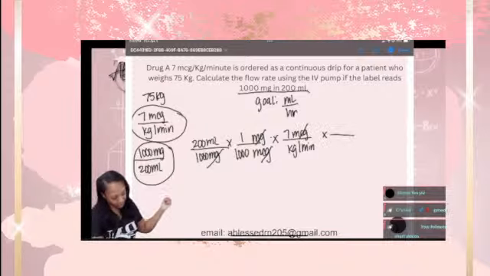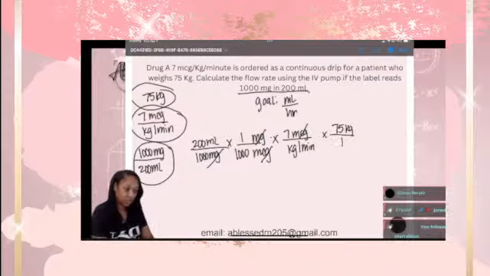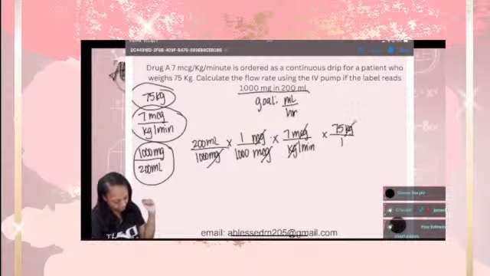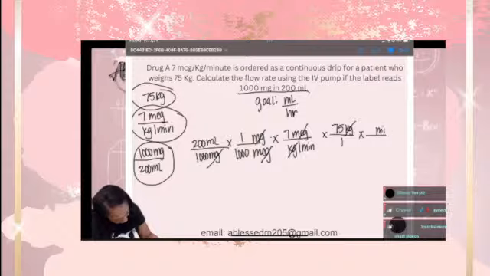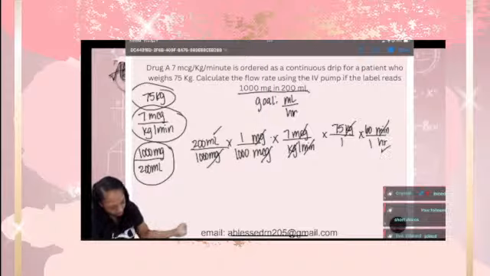So now we've got kilograms and minutes on the bottom. Our kilograms has to go. So we've got kilograms already. 75 kgs over 1 is not in a relationship with anything, so we'll put it over 1. Kg crosses out. Now we've got minute at the bottom. We need hour at the bottom. So we can do minute at the top, hour at the bottom. There are 60 minutes in 1 hour. Now your minutes have been crossed out and you're left with milliliter on the top and hour at the bottom,